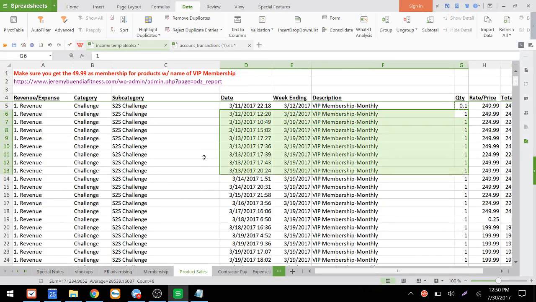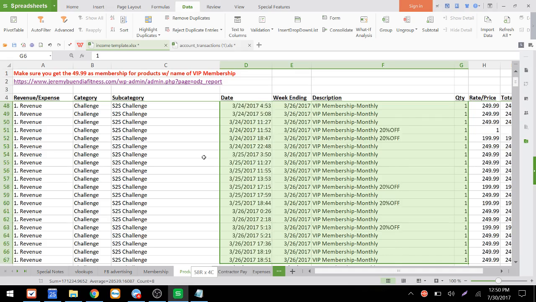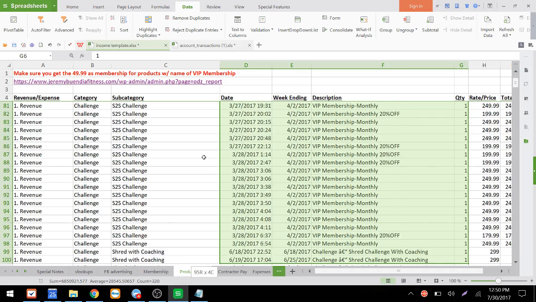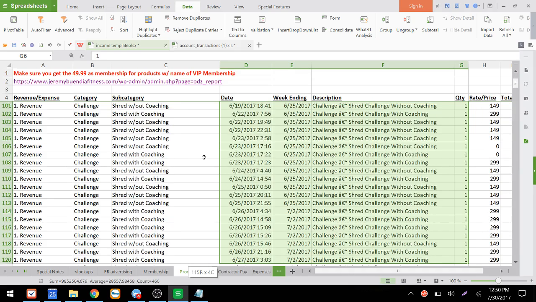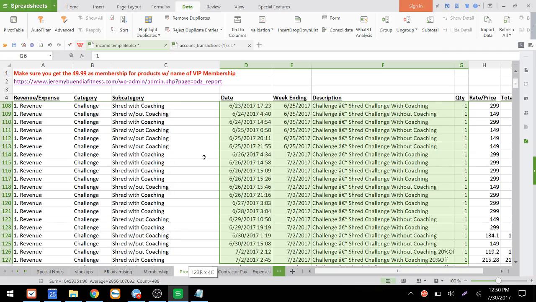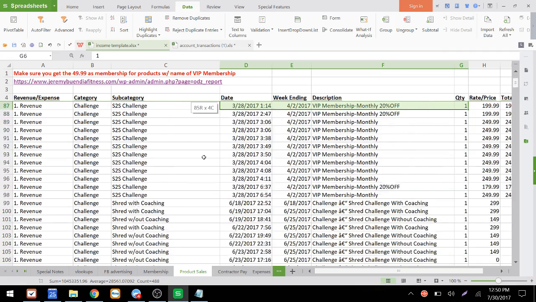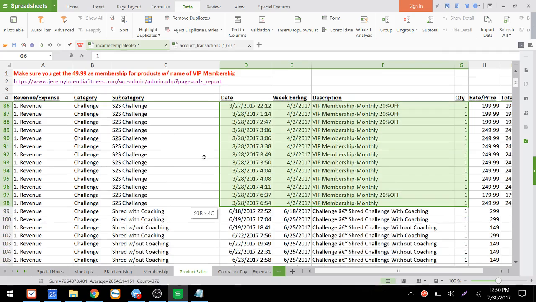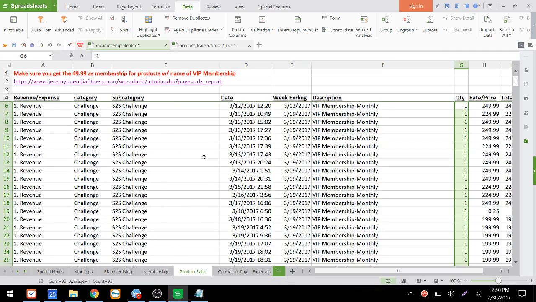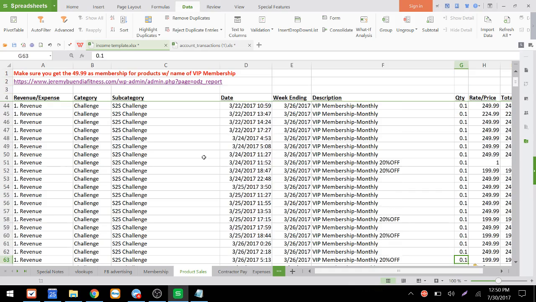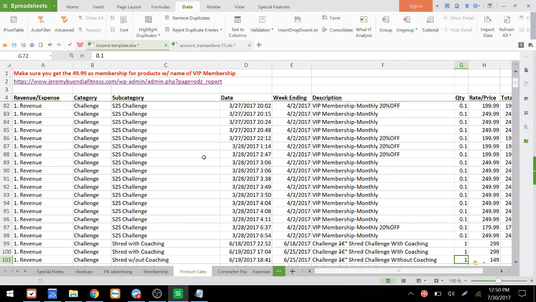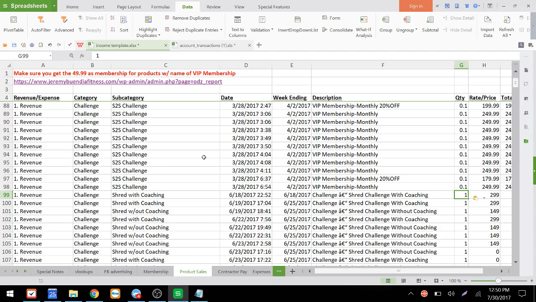And so we're just going to go down all the way to, and you can see these all say VIP. If they say VIP, then they're VIP, right? Okay, we're already into June, so we know we're too far. So here, right here, these are all 10%. So I'm going to paste that, and they should all be 10%, okay? So you can see these are all VIP, VIP, 10%. Okay. So we're good there, right?